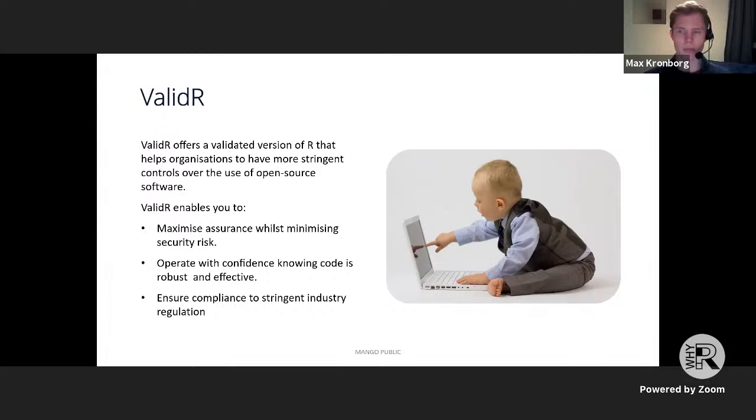So in producing this product, we have to do quite a lot of testing, as you can imagine. And that's kind of where we've been using mocking. It's also where some of the concepts I'll be talking about around testing come in, something like unit testing or test-driven development.